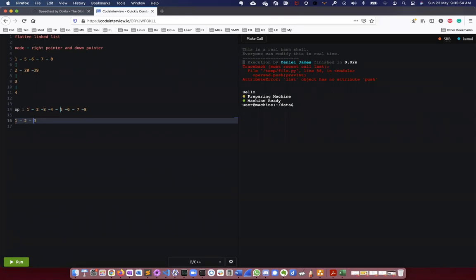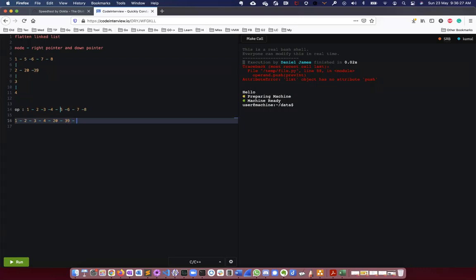Then at 3, I see 4 is the down pointer, so make 4 linear. Then I check 4's right pointer is not present, I come back to 3, and its right pointer is not present either, so I come back to 2. 2's right pointer is present, so I add 20 here. Then 2's down pointer is not there, so I process the right pointer 39.